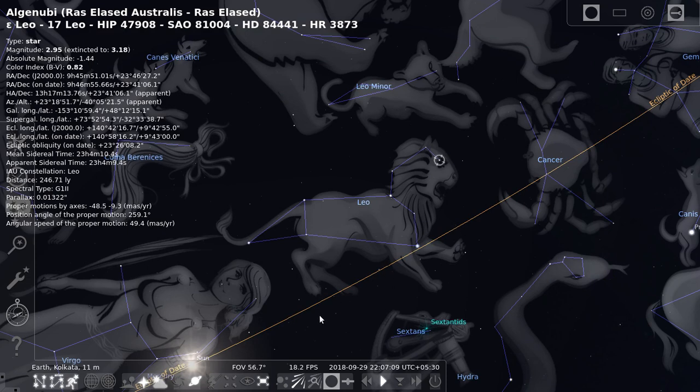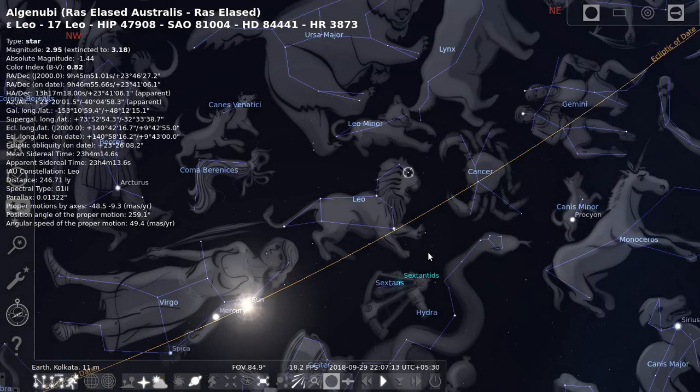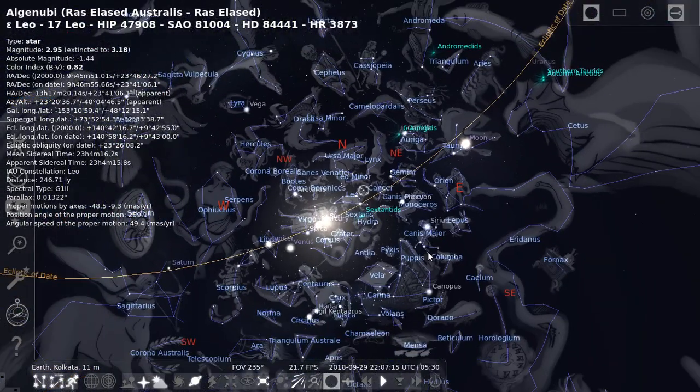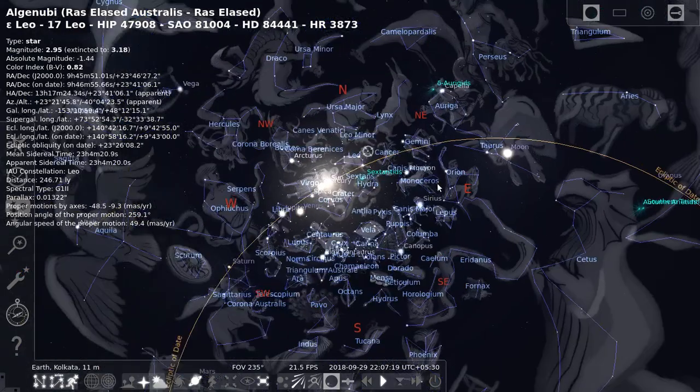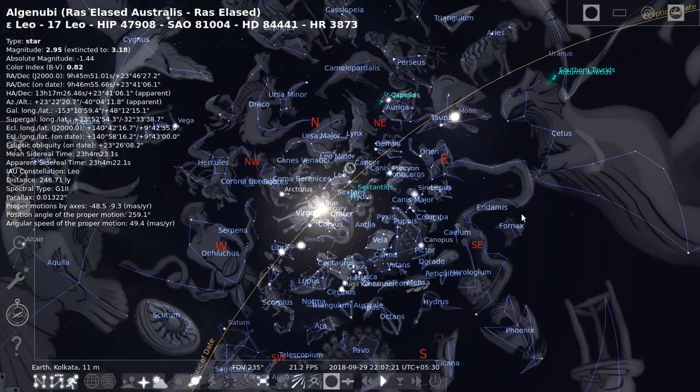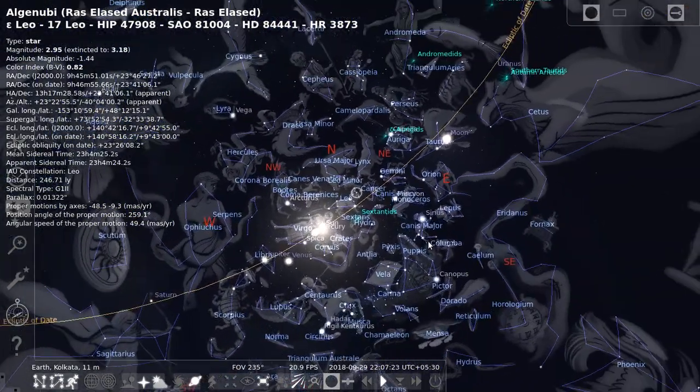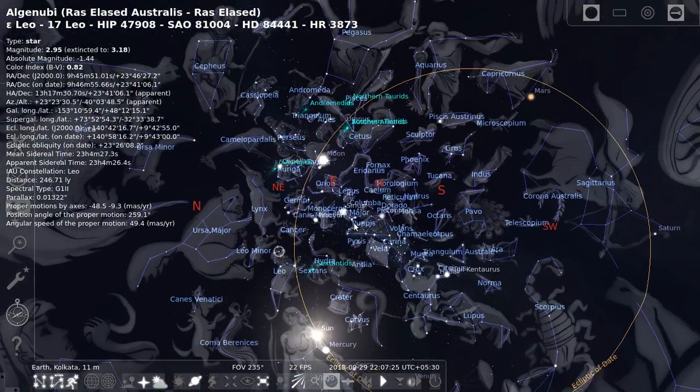Here you can see a line has been displayed. Just zoom in or zoom out to see that. And zooming out. See, now you can see that ecliptic line. This is the ecliptic line.